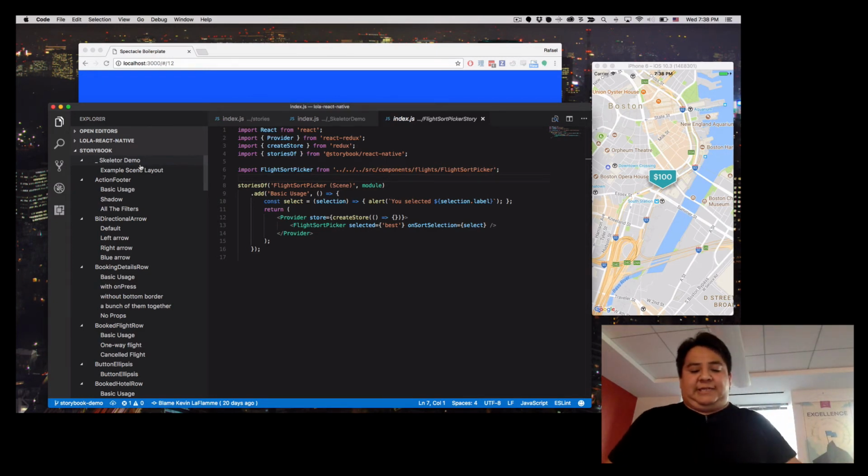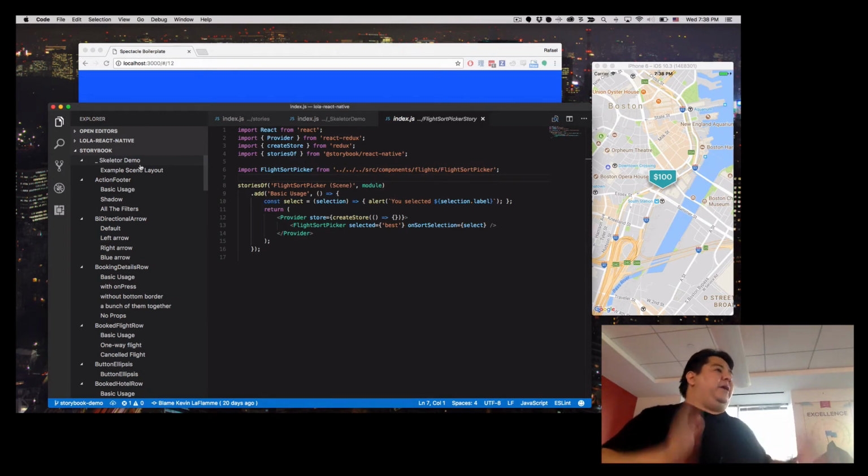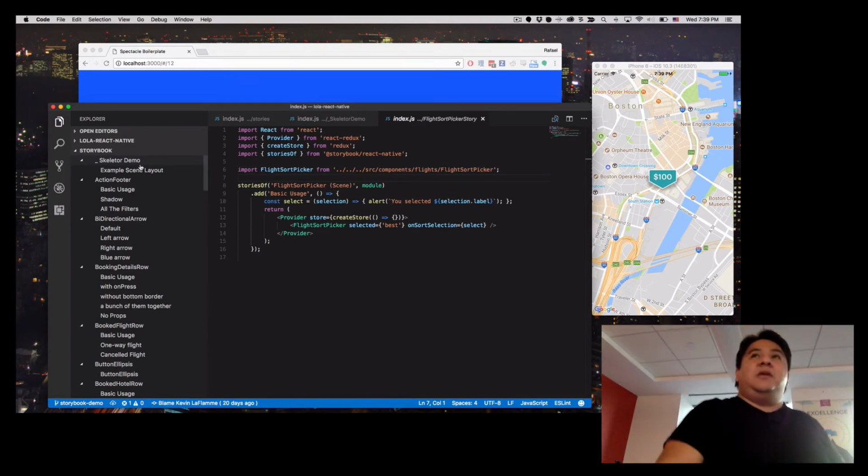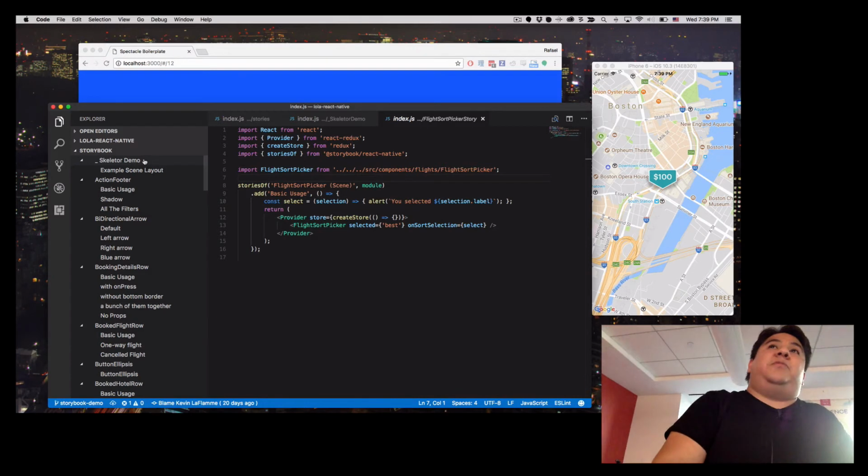One of the things that we realized is that we would give the task to build components to some people, and then we would give the task to build out the scene to other people, right? But we want those to go in parallel. And we found you can't really build a scene if you don't have the components. You don't want to say, oh, I can't work on this because I'm missing the components. Hurry up. So we built this component called Skeletor